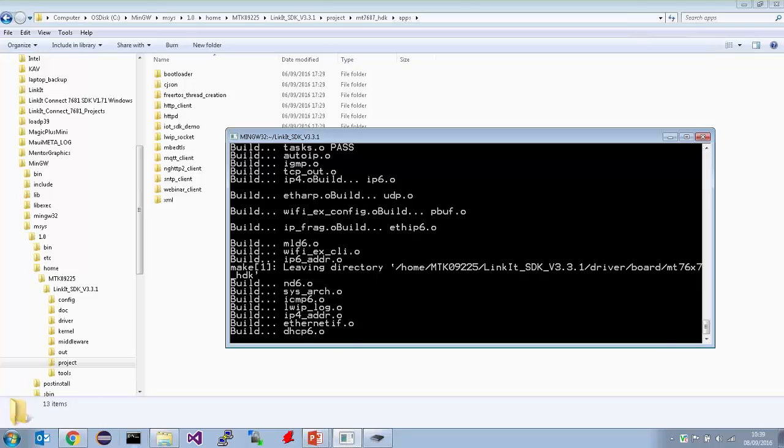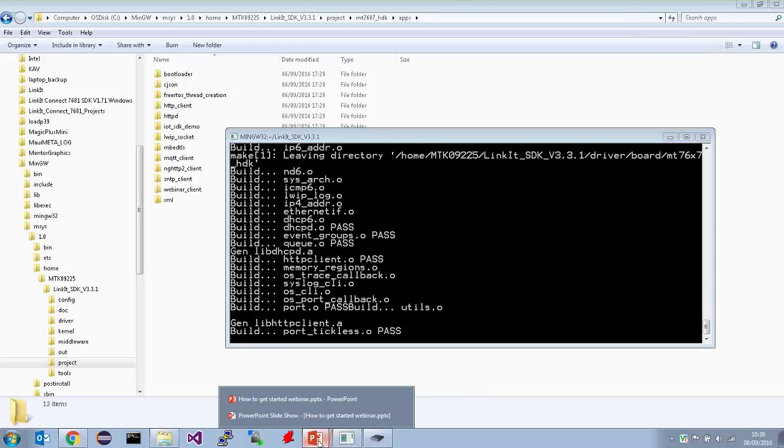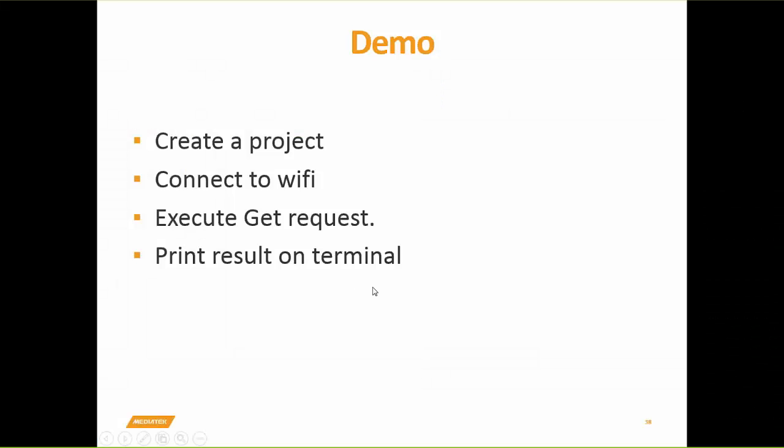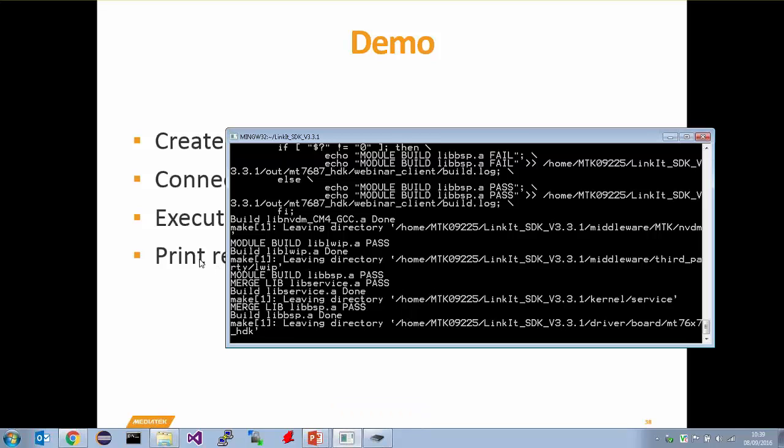Right, so we see still building. The next thing will be to use the flash tool again to flash the board, and then see if the board can connect to the Wi-Fi network and print out the GET request result. So let's have a look how far we are. Still